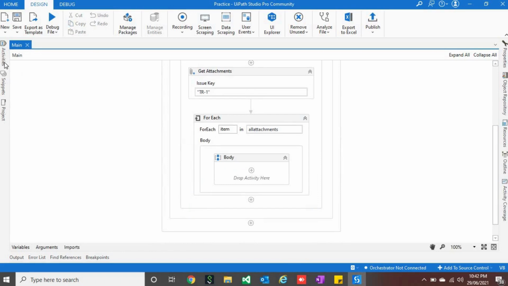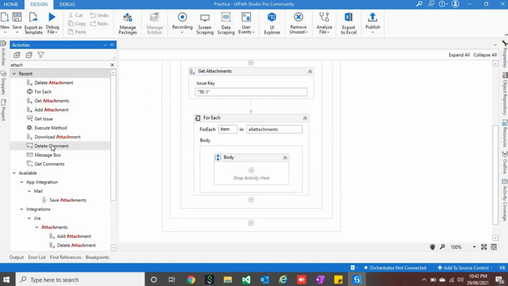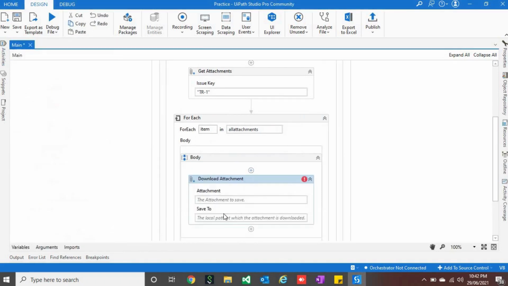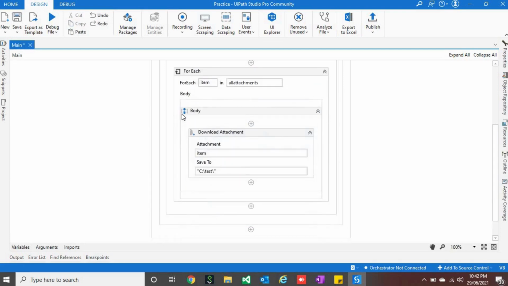For downloading, you just need to have this activity, pass the instance item and your path where you would be saving your file. That's it. So this was all about attachments.